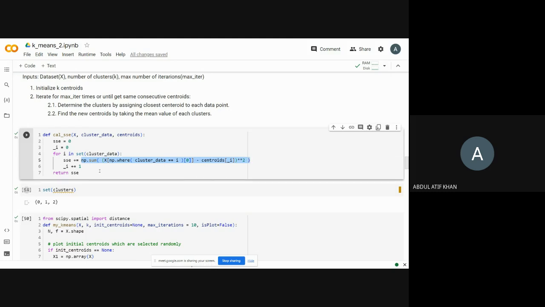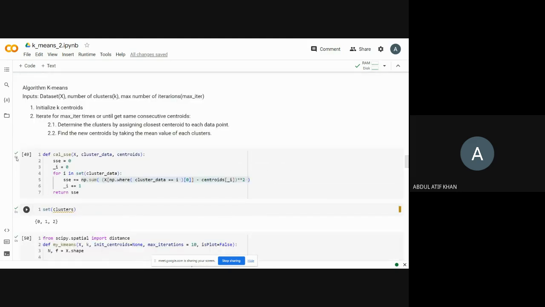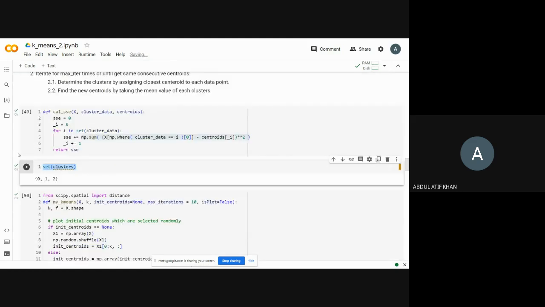To get the centroid, we can use this centroids variable. Let's say we want the centroid of the first cluster, which is formed finally. So centroids of 0 will return the centroid of the first cluster. And to get all the data points belonging to cluster label 0,